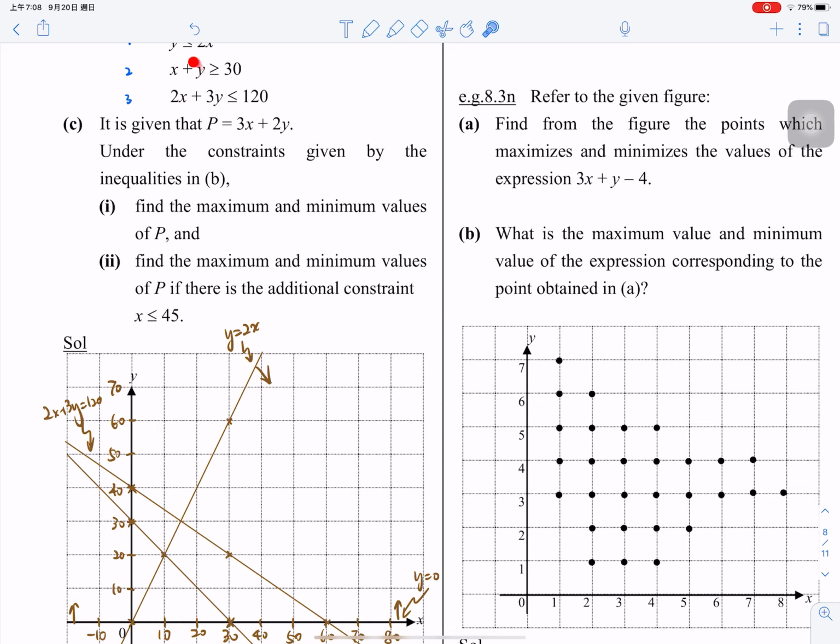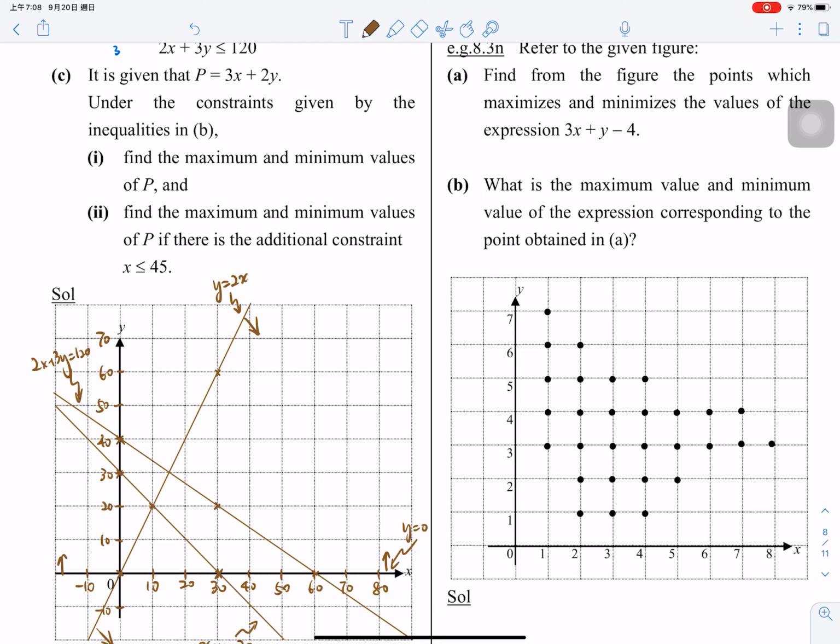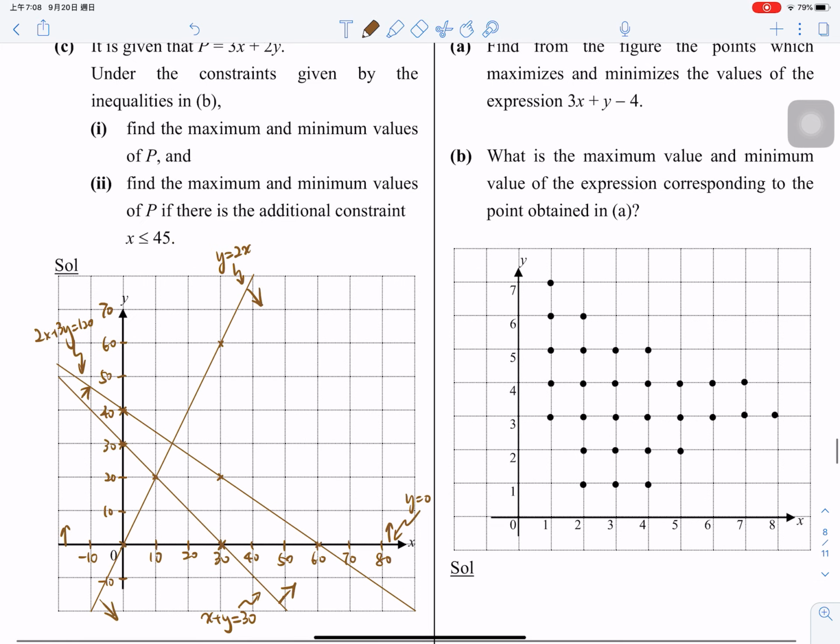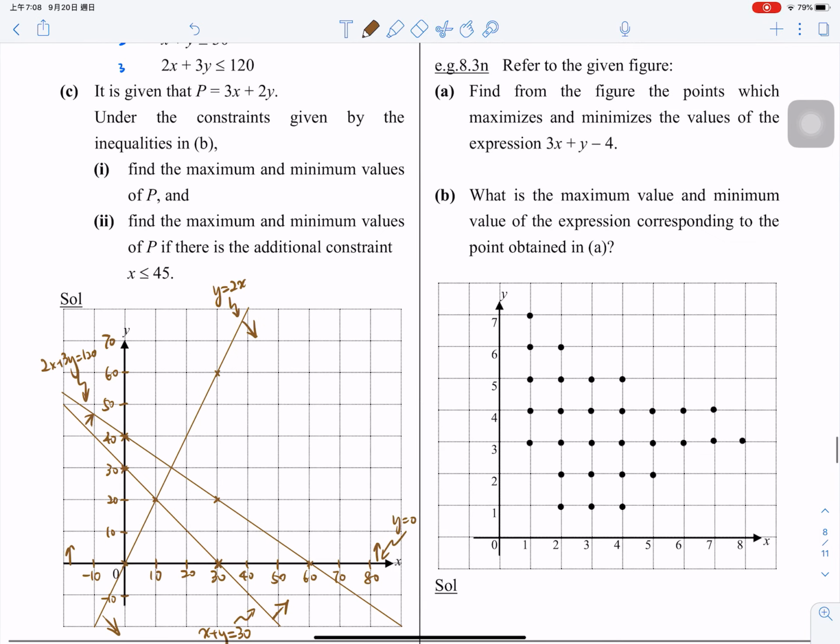Again, this one, positive y, greater than. So upper half plane. Upper half plane. Okay? How about the last one? Positive 3y smaller than something. So this one, lower half plane, right? Lower half plane. See? So after this 3